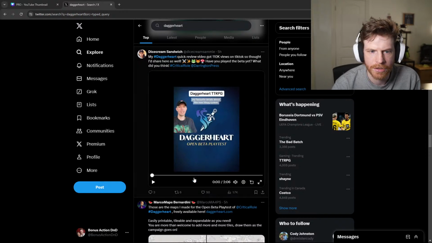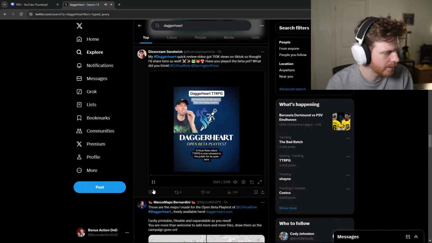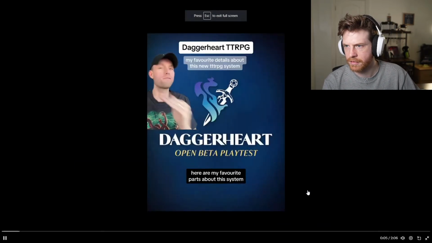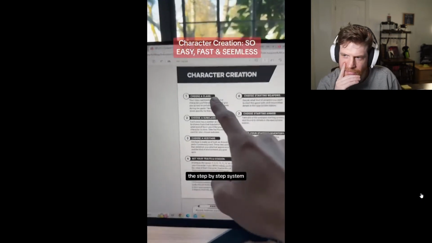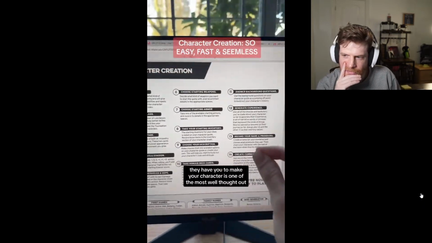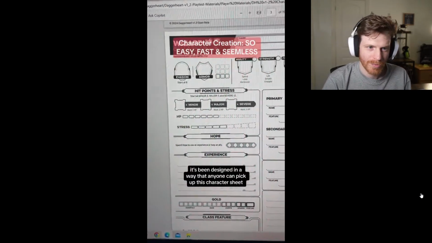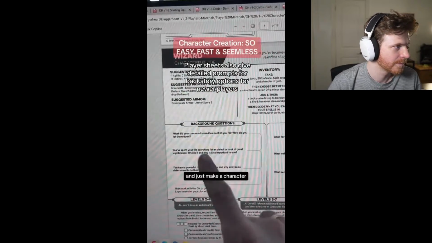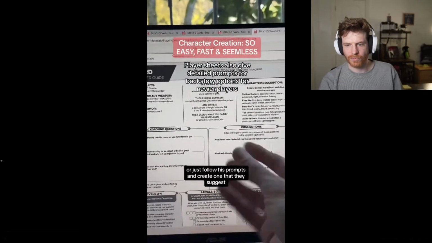Anyway, yeah, let me just, while I do this, let me just watch Dice Cream Sandwich's little video here. Daggerheart, Critical Role's latest TTRPG is now released to the public for its open beta. Here are my favorite parts about this system. First up, character creation. This step-by-step system they have you to make your character is one of the most well-thought-out, organized creations I've ever seen. It has been designed in a way that anyone can pick up this character sheet and just make a character, whether you want to put as much work into it or just follow these prompts and create one that...